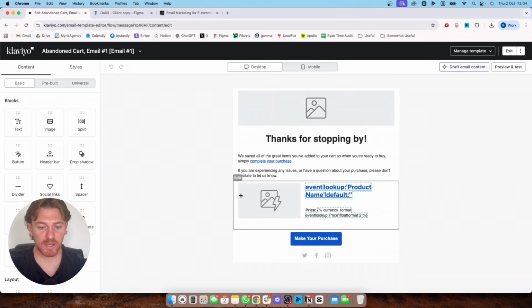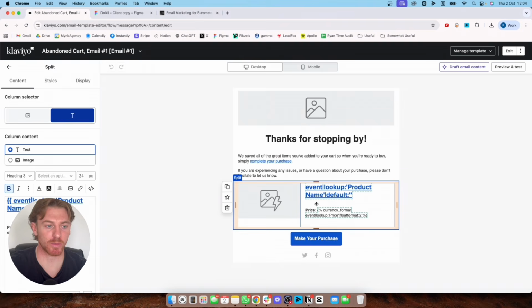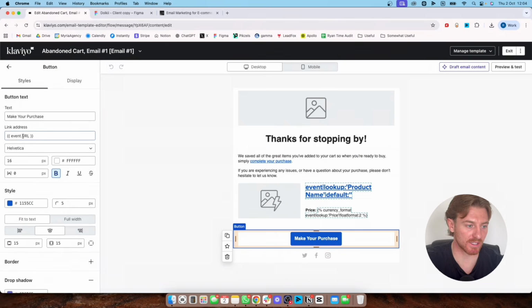As you can see here, we have a little thing here. This is called a dynamic block, and it's split up with an image, name, and this is actually going to show the price, and it's going to have a call to action button as well, so they can click straight into their cart. There's also a button here that says make your purchase, and here you can see it says event URL. So then that's going to use the URL created here,